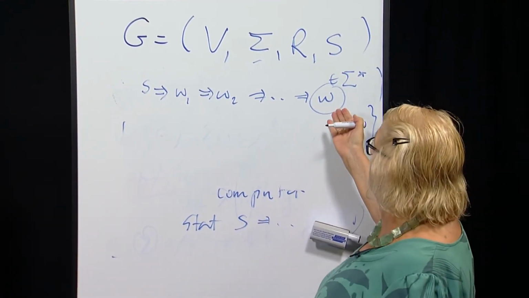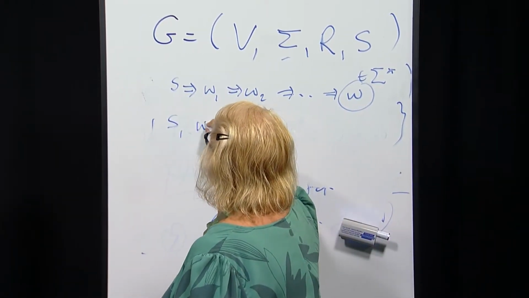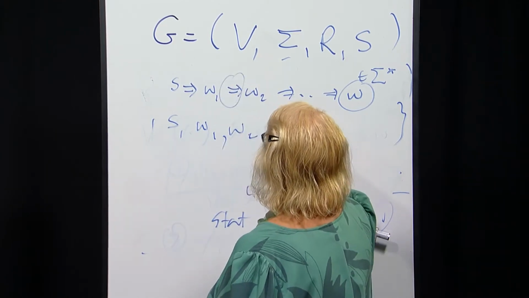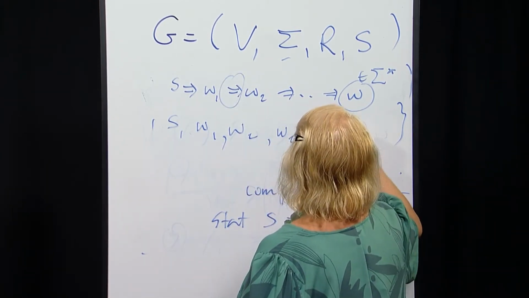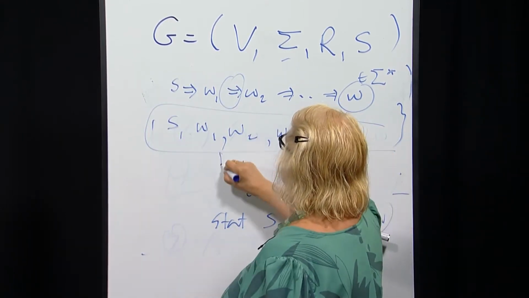It means I generated the word W, and we can also write it like this, because this is a one-step computation between. So that would be a computation in grammar, or derivation in grammar,